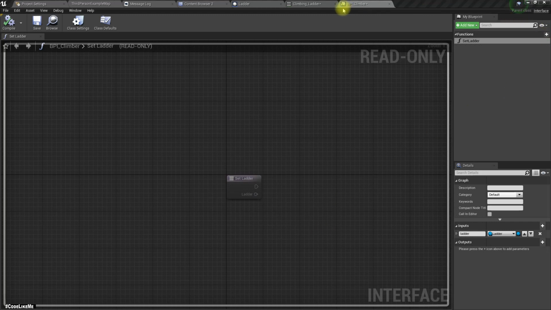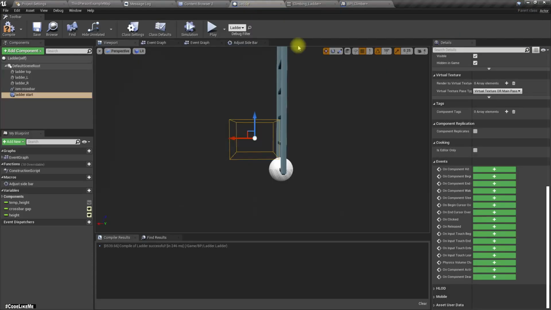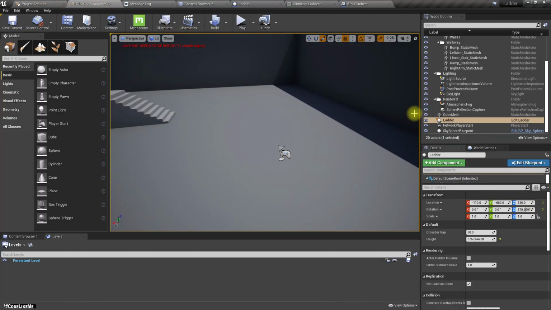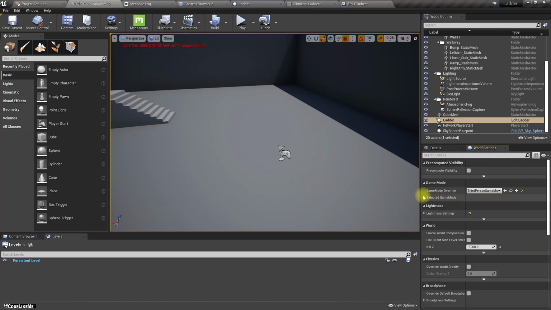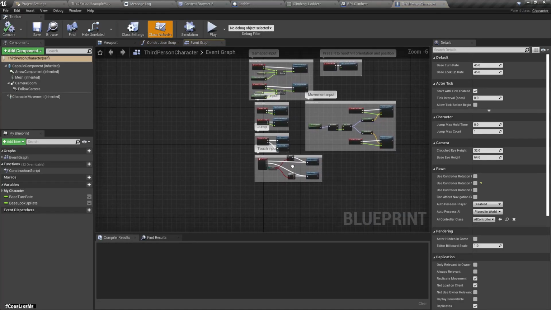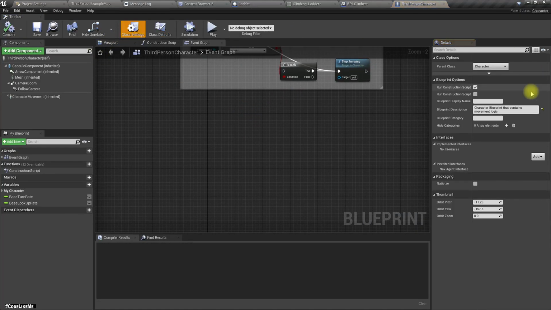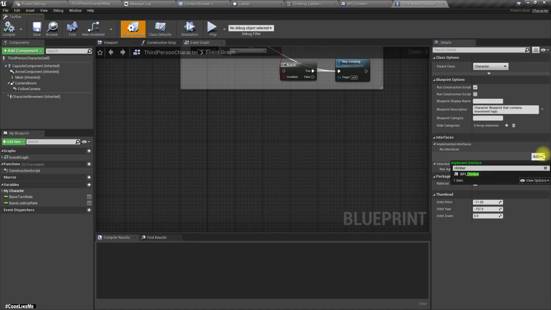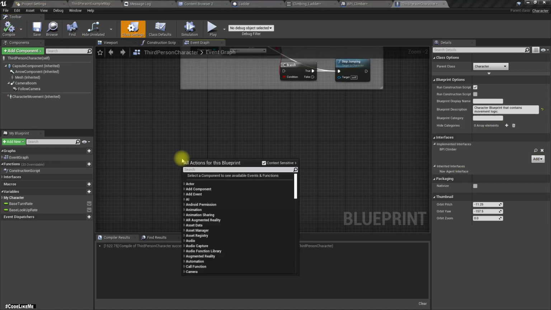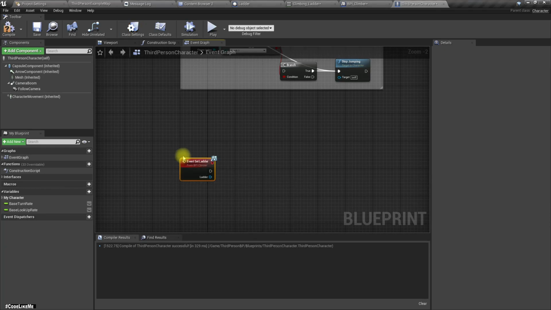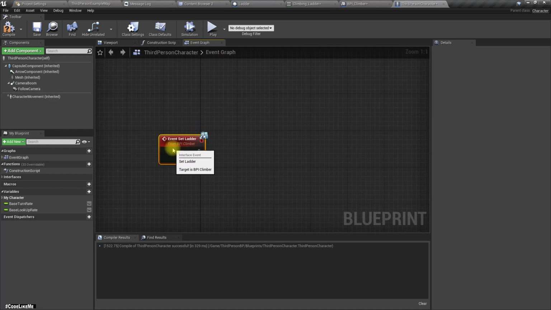Then let's open our third person character, the usual third person character, and here let's implement the climber interface like this, and the set ladder event. Let's implement it like this, and then